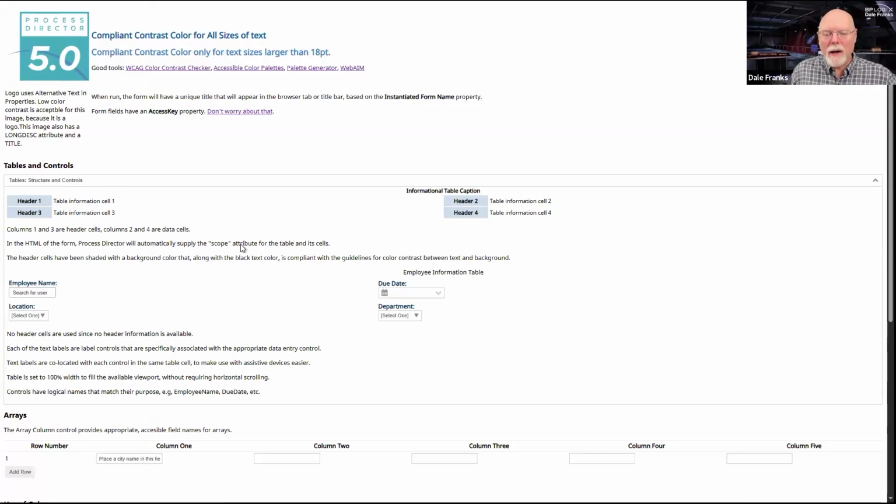Now, we are not talking about trying to use tables for layout. That is a huge can of worms in and of itself, but let's leave that aside for now. What we're talking about is just the use of tables to present information. And I know some of you do this because I've seen some of your forms. So you do need to properly use table header and normal table cells for your tables where you present information.